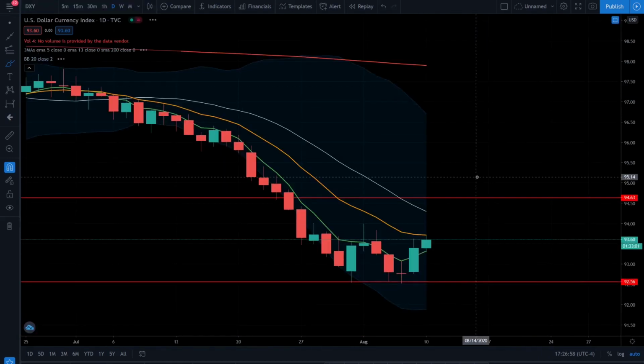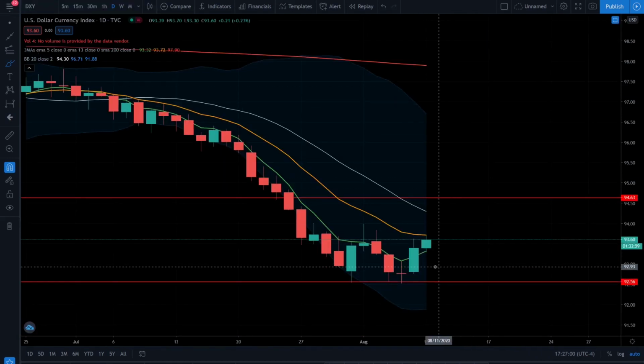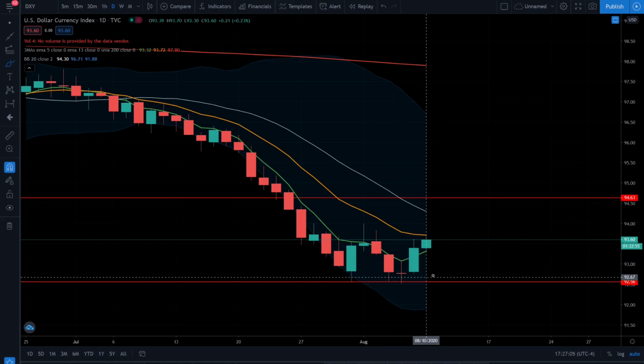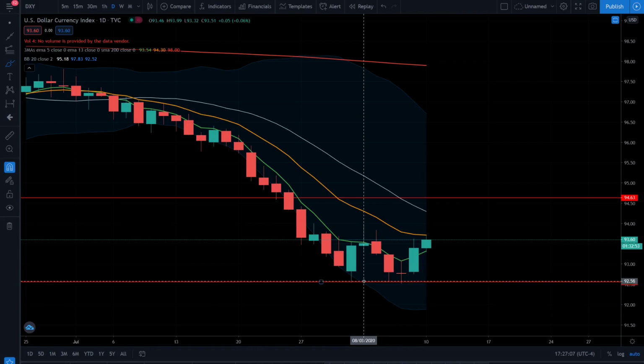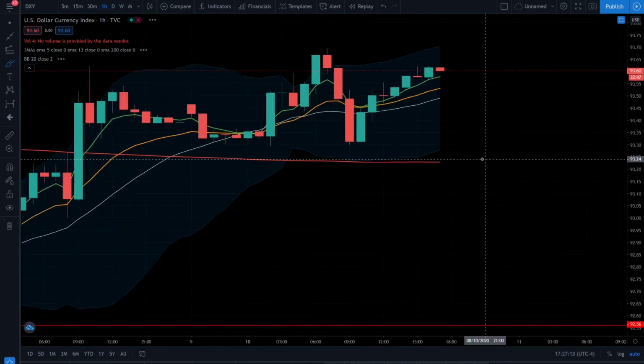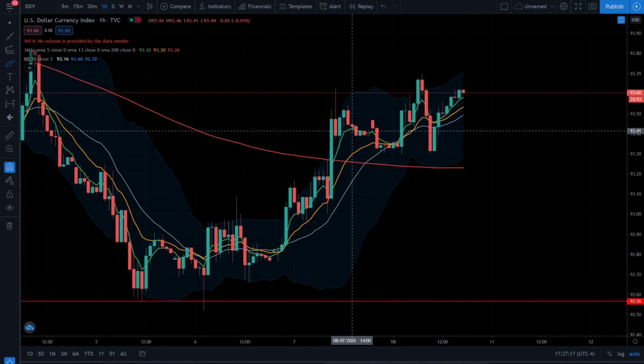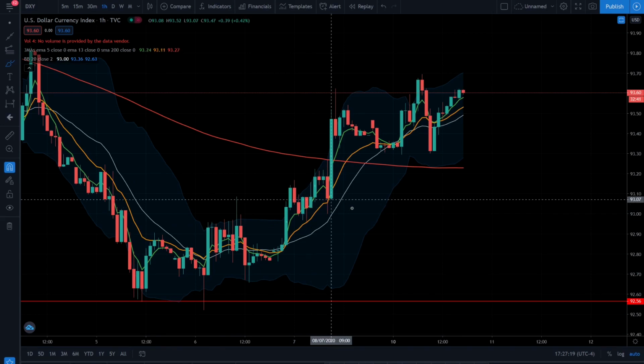Now if we jump over to the dollar, we had another green close today, and now we've had 2 green closes over the 5 EMA in a row, which is showing that we probably saw the bottom on the dollar, at least in the short term. So if we switch to a 1 hour chart, you can see that the dollar seems to have found its bottom and it's now forming higher highs and higher lows, which is the sign of a trend reversal,